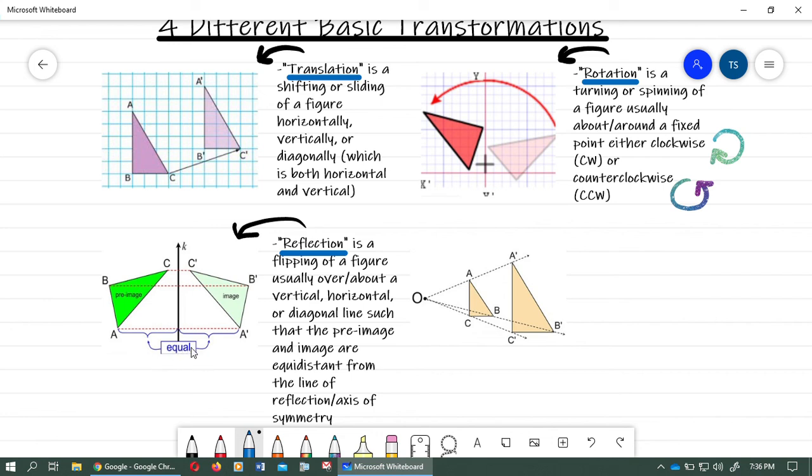You see this word written in that picture, that blue word, where it says equal, right? Equidistant. What does distant sound like? Distant sounds like distance, right? So we're talking about the pre-image and the image being an equal distance from